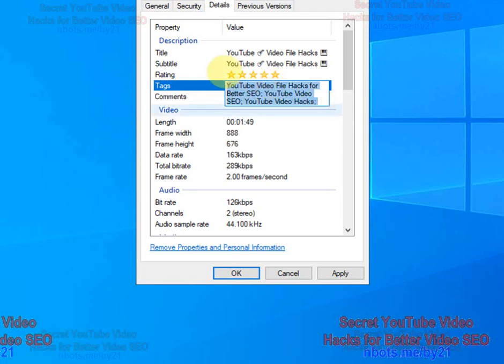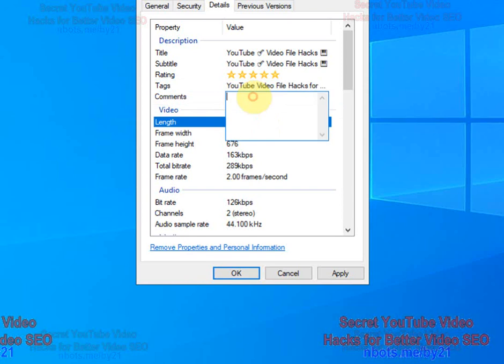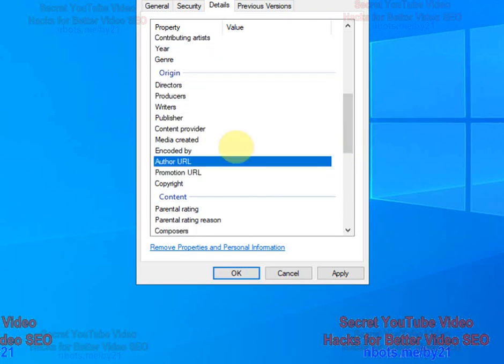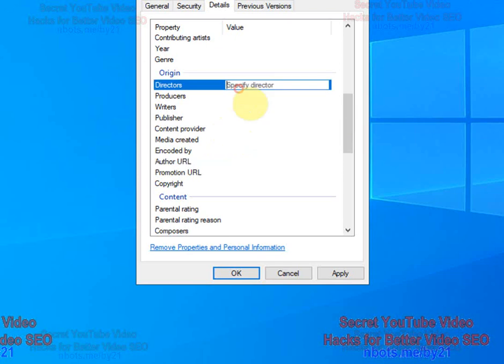And what you want to do is take each of these, put them in the comments, then scroll down a little bit, and then in these text boxes, put in URLs to your blog posts or any content you have on the internet that are directly related to the video that you're going to be uploading to YouTube.